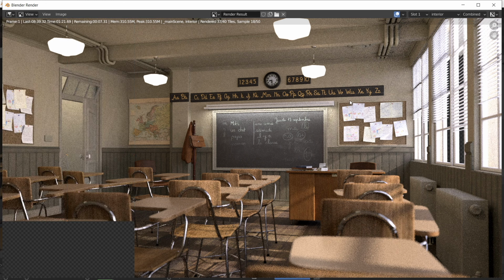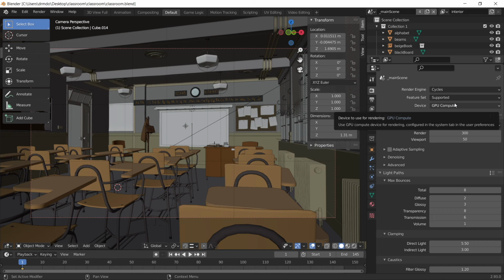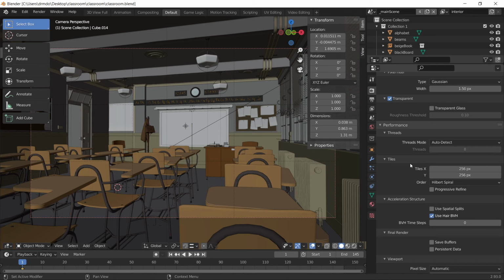What this means is, to make this a fair test of the old and new version of Cycles, I need to render using tile-based rendering for the old version of Blender and progressive for the new version. For GPU-based rendering, large tile sizes generally improve render times. So for fairness, I've set my tile size to 256 by 256 pixels for Blender 2.93, and I don't have to do anything for Cycles X. It'll set progressive rendering automatically when I run it on Colab. So let's press render on my laptop and see how long it takes.